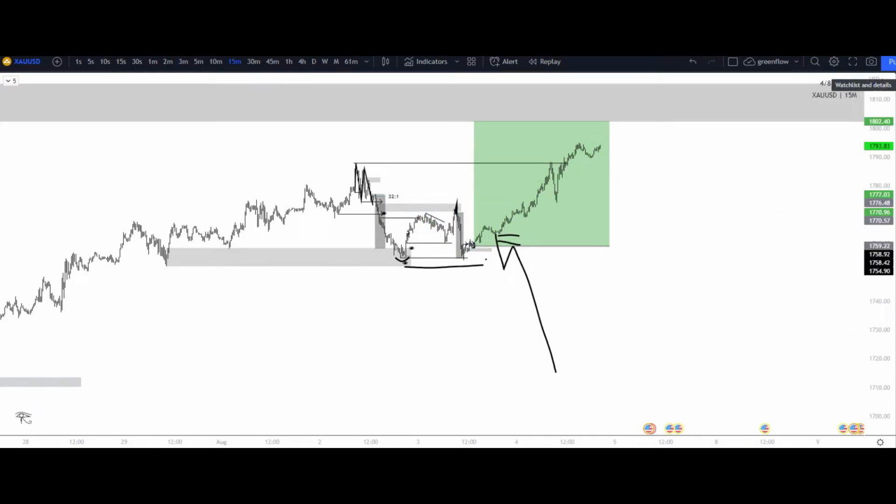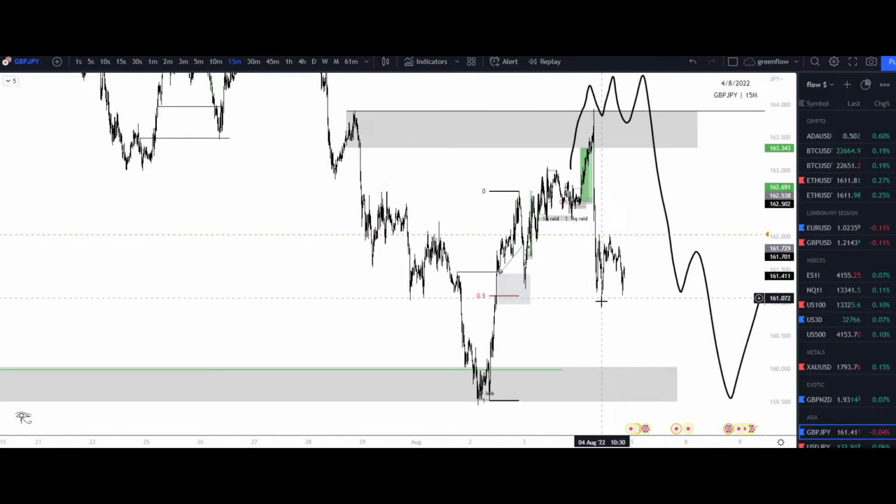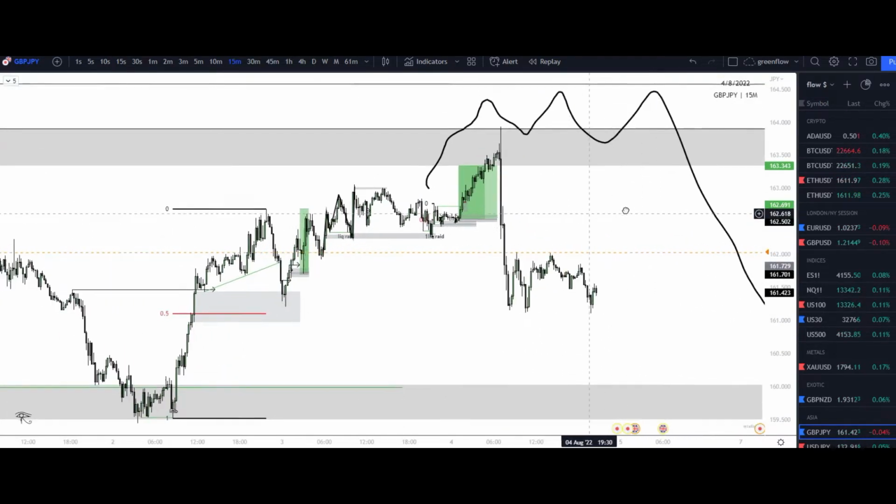So we're going to go ahead and go over to GJ now. This was a trade that was posted in chat. It was a long that we were looking for yesterday from our overall bearish bias. Okay, so similar situation. Overall, we're still bearish, but our internal structure is still bullish, so we are still assuming bullish continuation. I'm not going to go too deep into this one because that's just what we did with gold, and I wanted to save a little bit of time so we could get into ETH and Bitcoin, possibly a little bit of ADA as well, to look for what we're expecting coming into Friday with the volatility tomorrow, as well as the weekend.